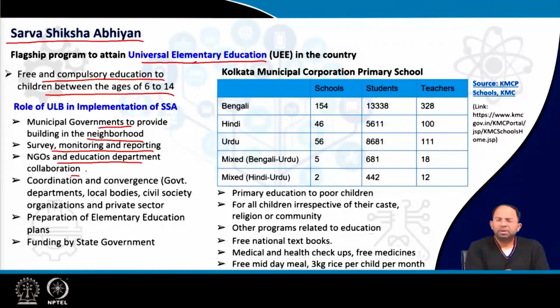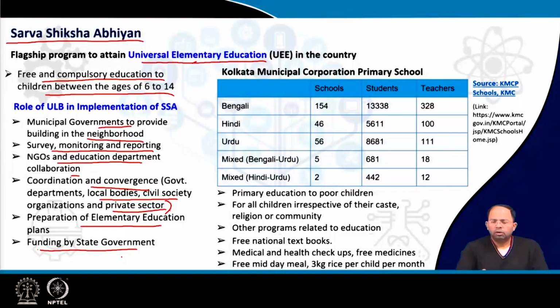NGOs and education departments can collaborate to provide this kind of education. Coordination and convergence between the different government departments, local bodies, civil society organizations and private sectors to provide universal elementary education. Then preparation of the overall plans for implementing these programs, and finally funding has to come from the state